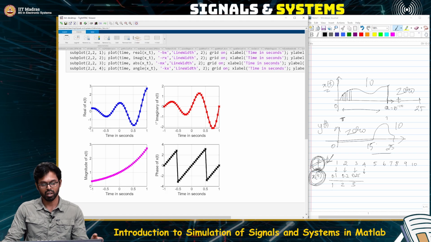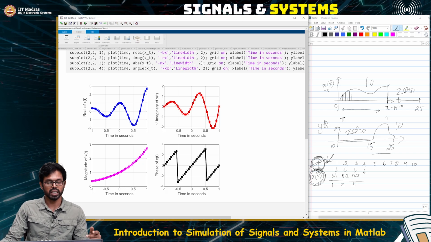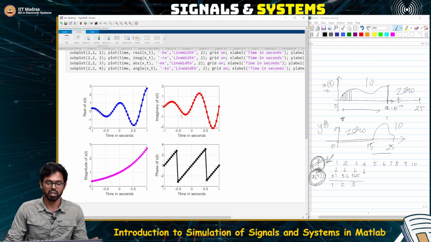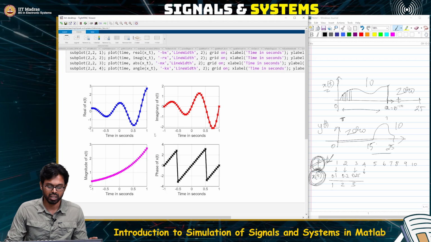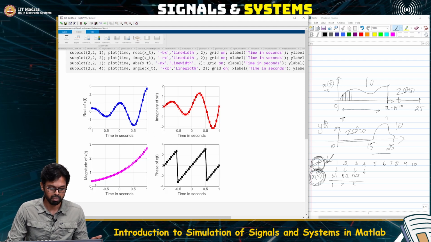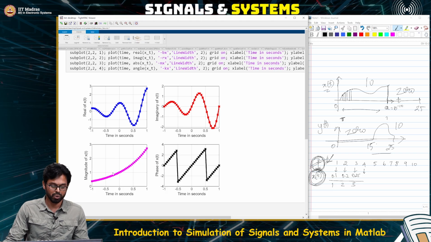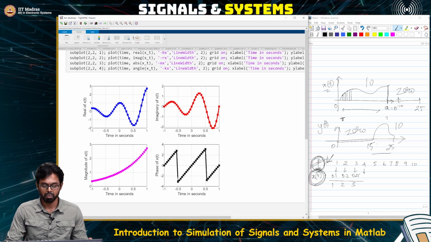This is the same signal that we had taken as the example. We saw the 3D plot. Now instead of seeing it in 3 dimensions, we are projecting into one of the planes, that is the real and imaginary. Another way of visualizing that is the magnitude and phase. The magenta one here, the left bottom, shows the magnitude of the same signal, and the black one here